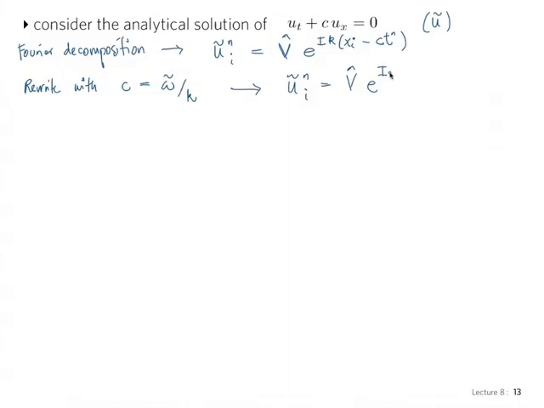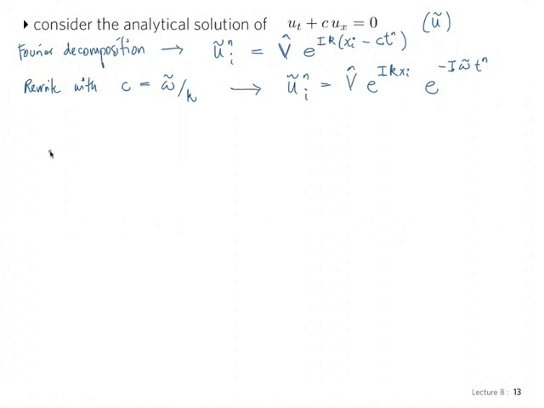I can separate that: e^(I k x_i) and the exponential of minus, it's got a minus there, I, my imaginary number, and now the k is absorbed in here because we have this relation, and so we write omega tilde, the exact pulsation speed,